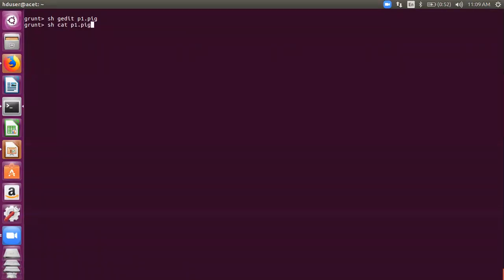Remember, for a pig script, the extension of the file need not be .pig. It's not mandatory, it's not compulsory. But it is good practice to use .pig as an extension for a pig script file. That's why I've chosen p1.pig. You can go with p1 also, d1 also, whatever name without any pig extension. So these are the 2 commands which are there in your p1.pig file.